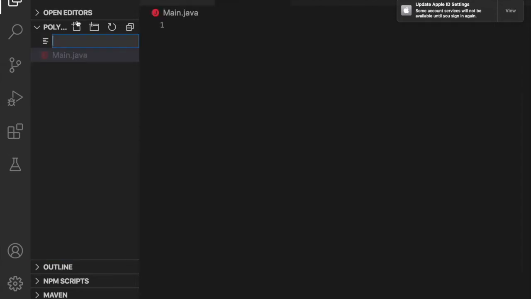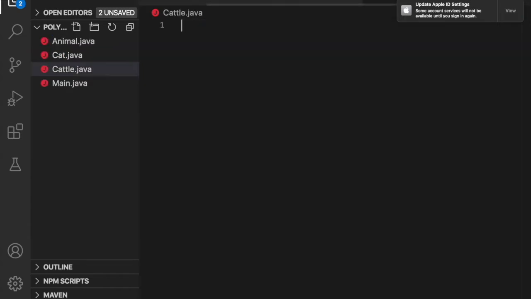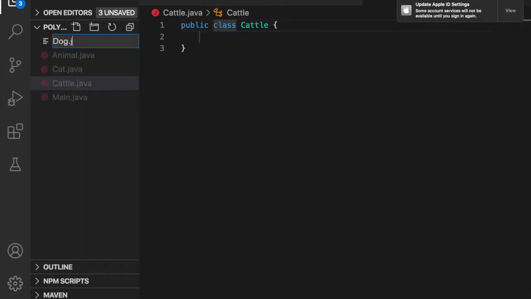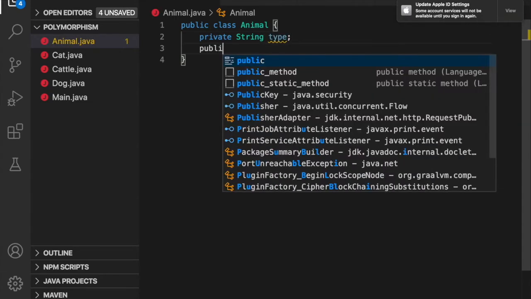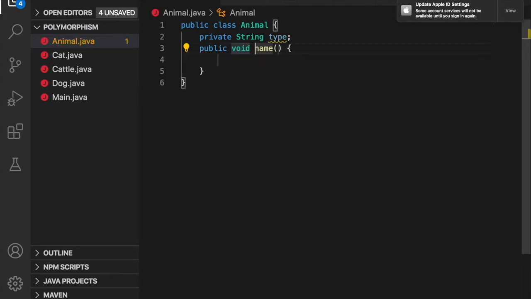and also the parent class Animal. And then we create the other classes like cat, and also the dog. Now we go to the Animal, and we have a private string type, and then we have a public method of sound,